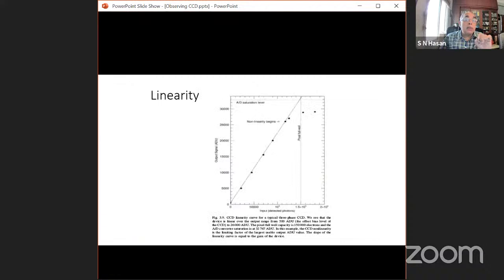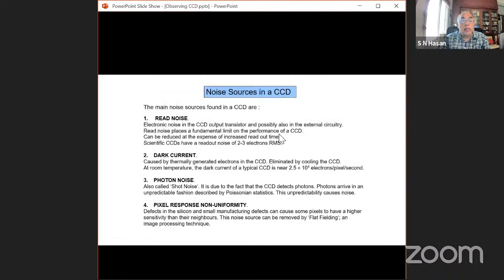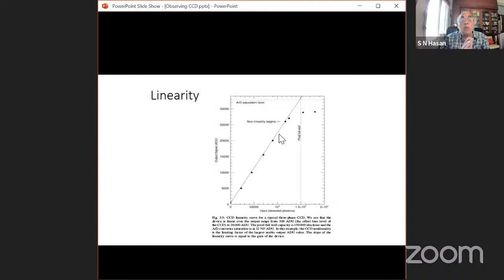Another important aspect of CCD is the linearity. If you expose to a certain light for a certain time, and you expose the same amount of light for double the time, it will collect double the amount of photons. And this relationship is linear. While this is not the same for photographic plates and other things, right? So this makes it very convenient for us